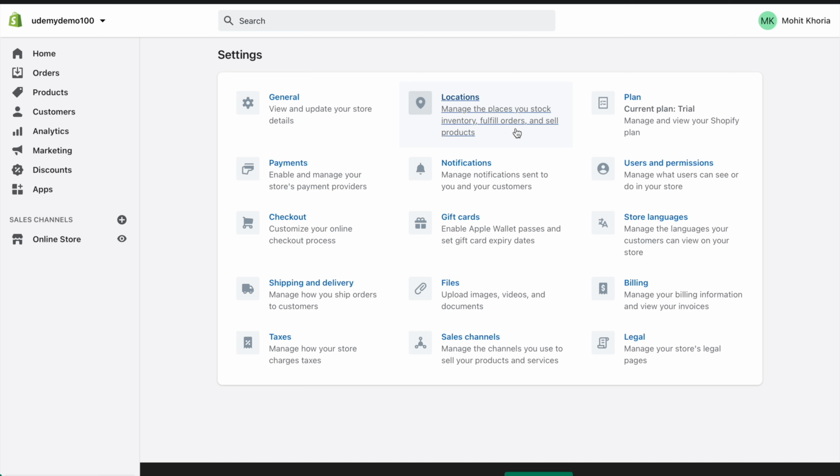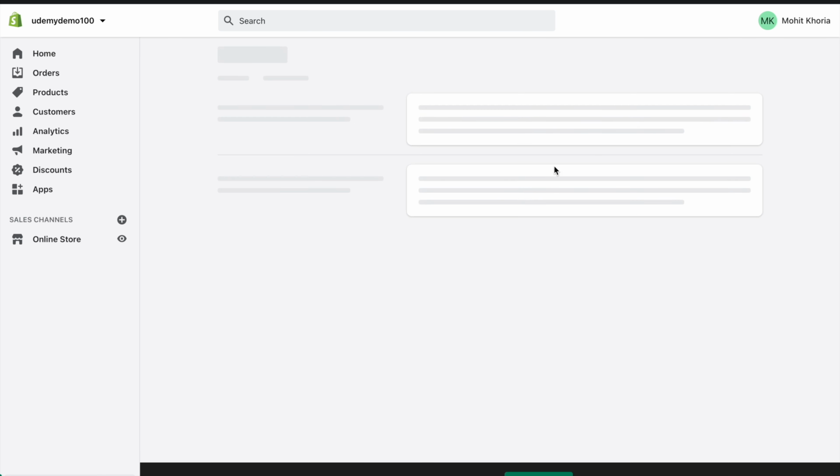Locations is for inventory. If you are doing dropshipping, then this is of no use. Notification, gift cards, files, all the images, videos and documents will be shown here. Sales channels are those where you are selling, so it can be online store, Facebook or Instagram, and it will be shown here. Plans, so here you can see the plans of Shopify.